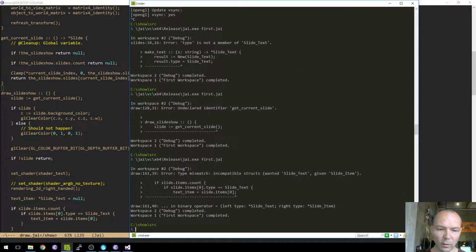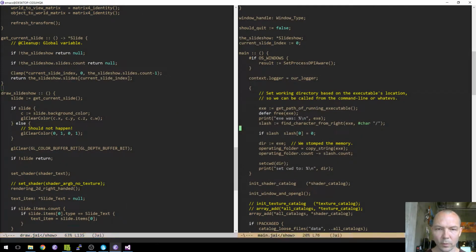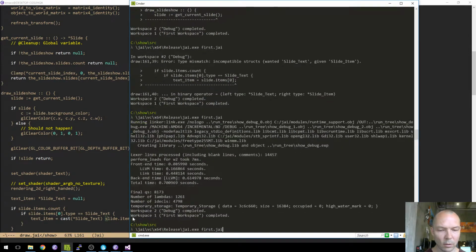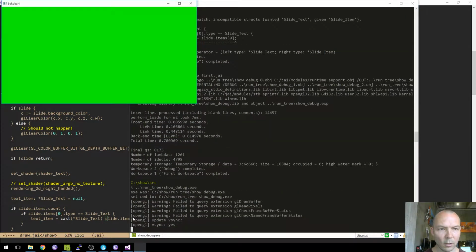Wanted slide text, give slide item, right. So text item equals. So, you know, you might wrap this up in an abstraction or something, but basically we check to make sure it's a text, and then we know we can cast it to text. All right, well, that's something,